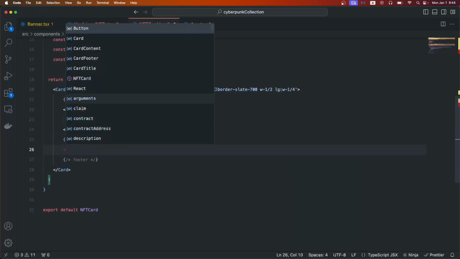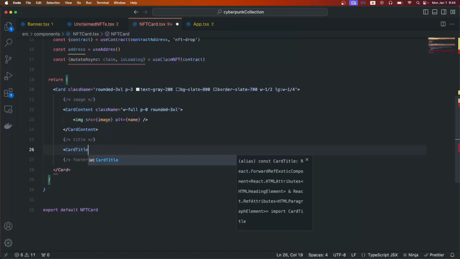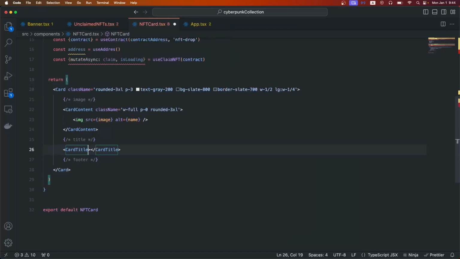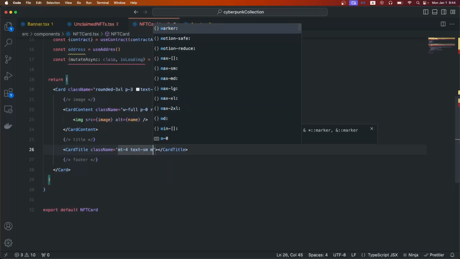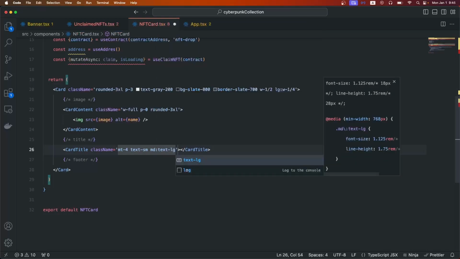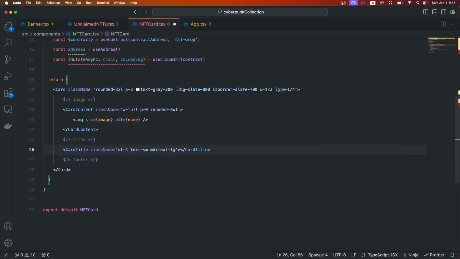So we're going to use card title. The card title will be the NFT name, and now we're going to define